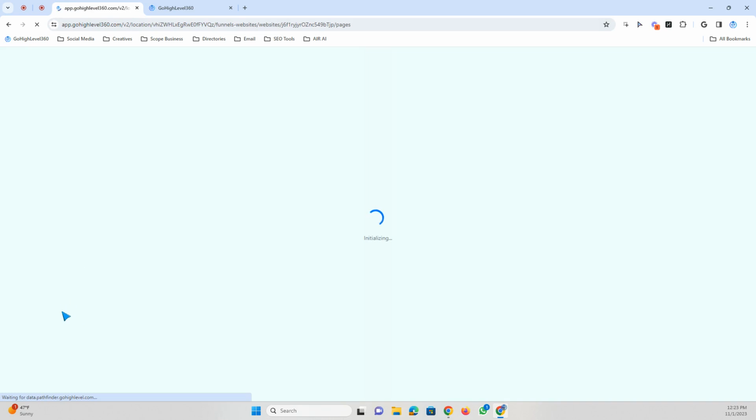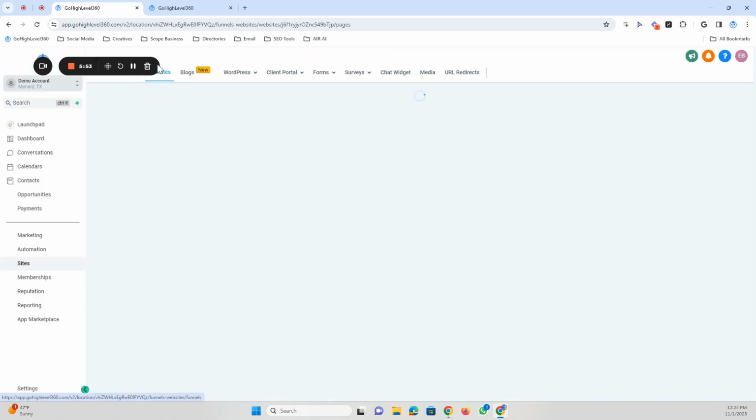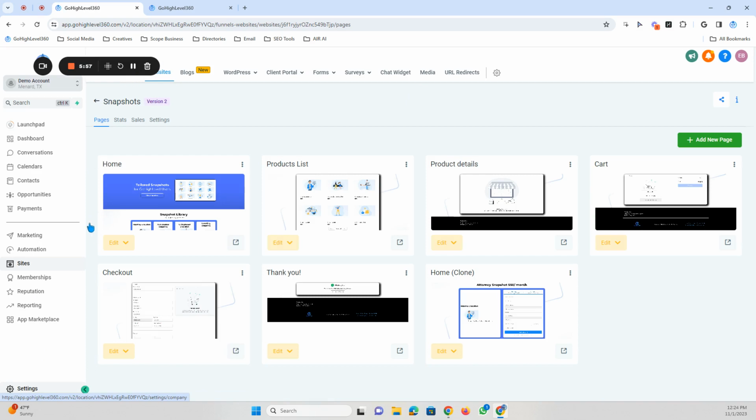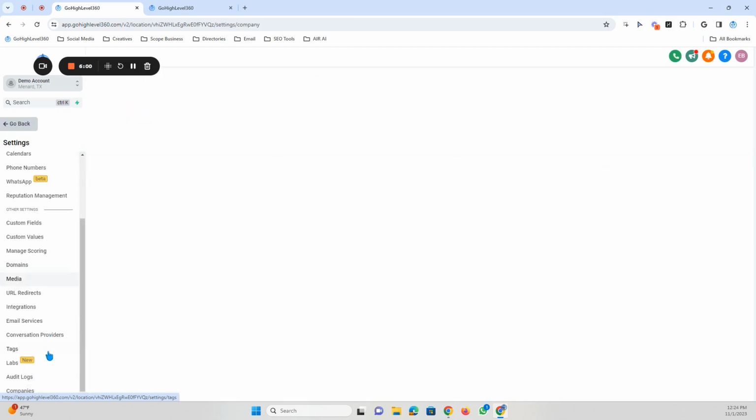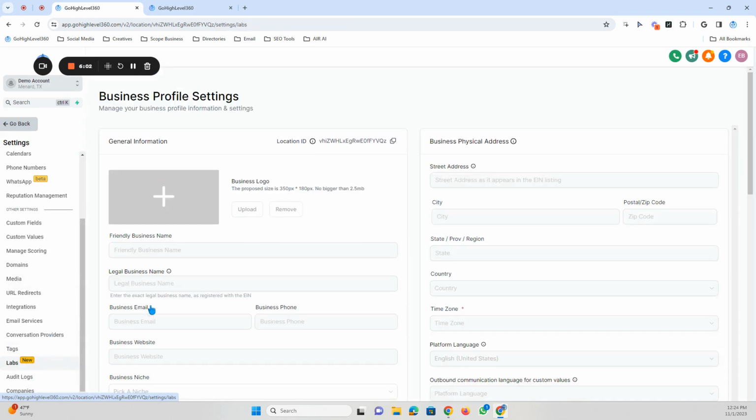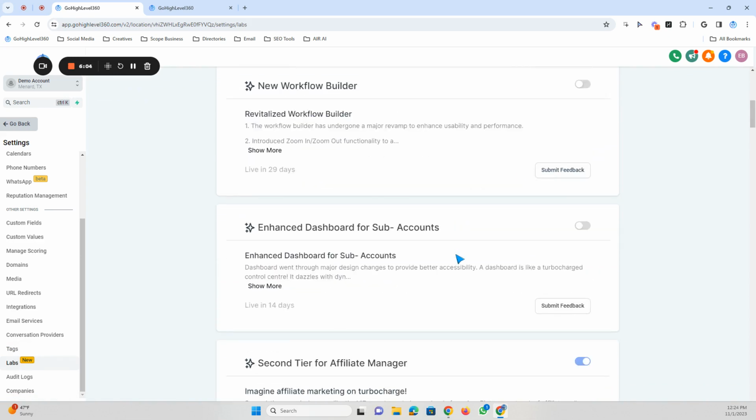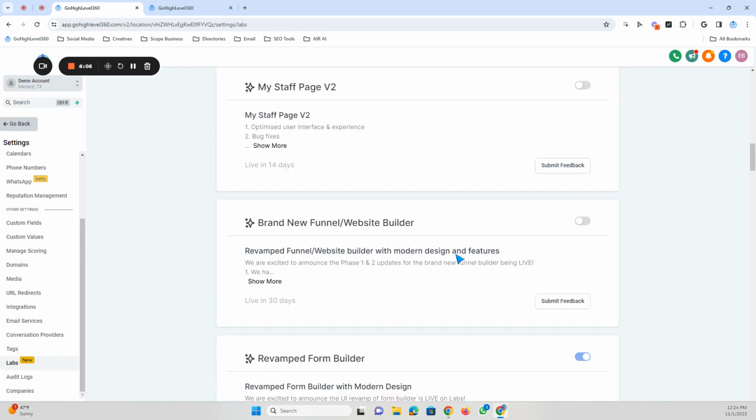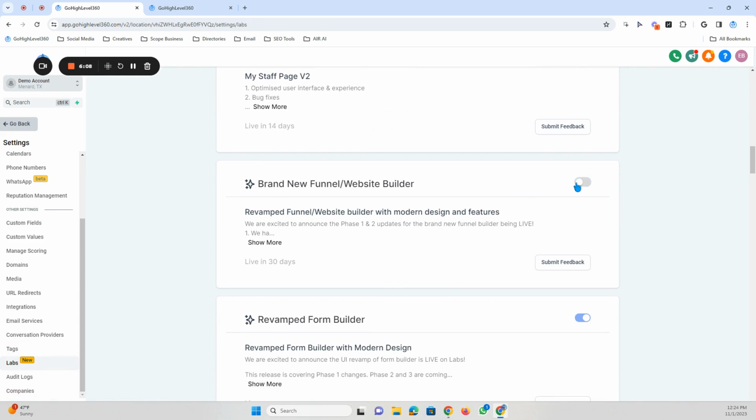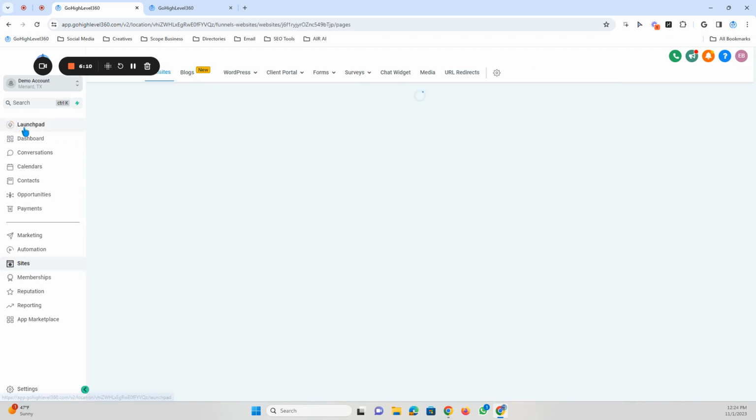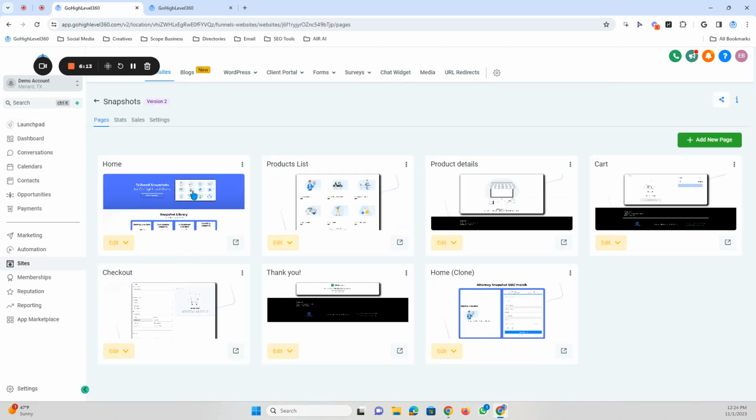site builder in this account, and I'll go ahead and show you that you can then see not only the e-commerce store, but you'll also notice a few other features for your high-level website that you can add in. So we'll go into settings, we'll go into labs, and then we'll scroll down to brand new funnel and website builder. So we're going to turn this feature on. And now when we go back into our website,